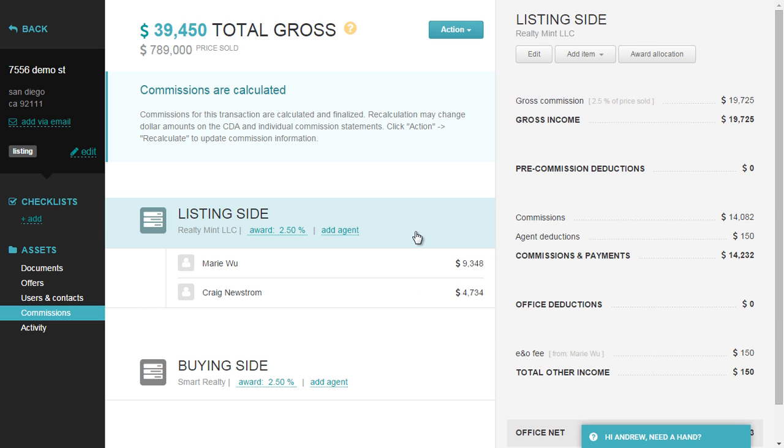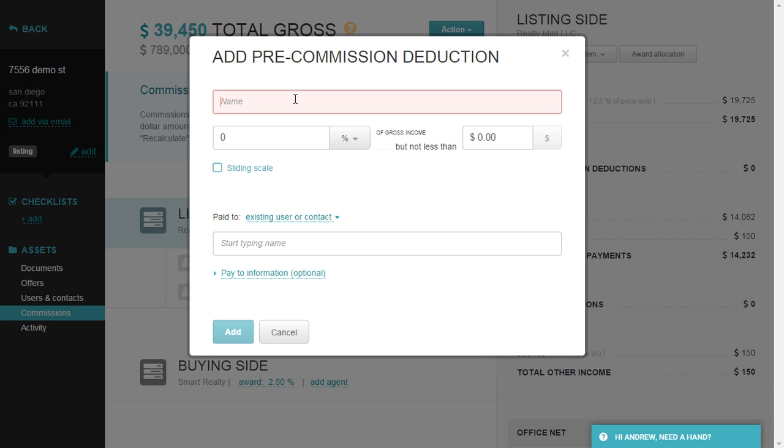I will give you a couple of more use cases. So in case you have a pre-commission deduction, let's say that's a referral that you received from a different company and you need to give that company a 25% referral fee. In that case, you go to your side and you add a pre-commission deduction, in my case referral fee, let's say 25%, and we will assign it to